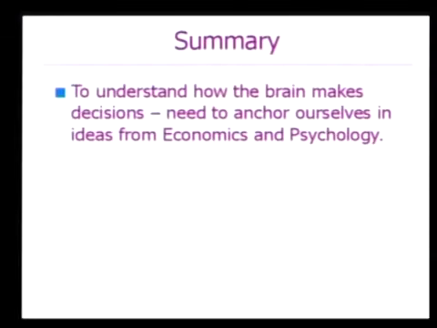So we're starting to understand areas of the brain that seem to correlate not only with risk and expected value, but also with individual preferences, differences across people in how risk-seeking or risk-averse they are. So I'm going to finish up by saying that to understand how the brain makes decisions, what I hope you've seen is that as neuroscientists, we can't just start from square one. We have to anchor ourselves in ideas that have a long history in disciplines such as economics and psychology to really grapple with and understand conceptually how the brain might be representing things like value, utility, and risk.